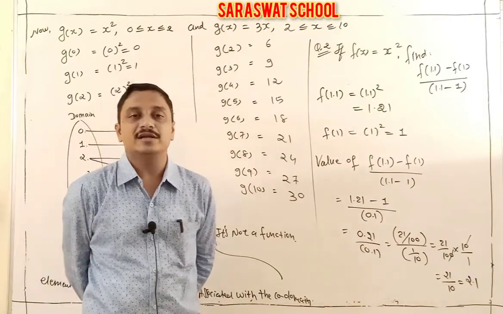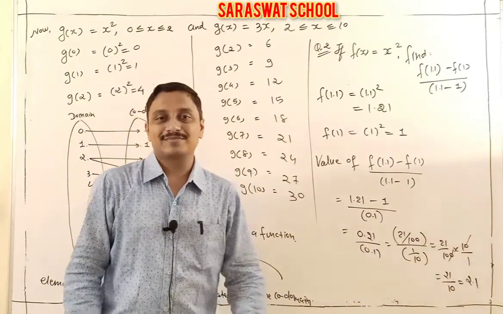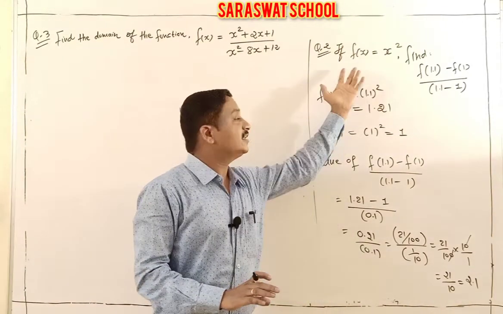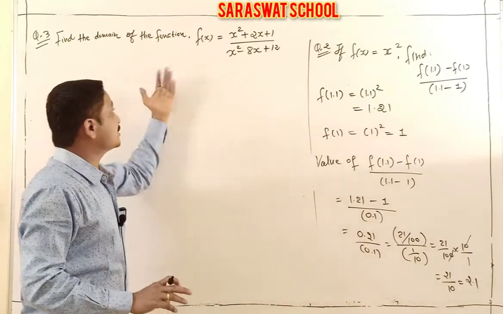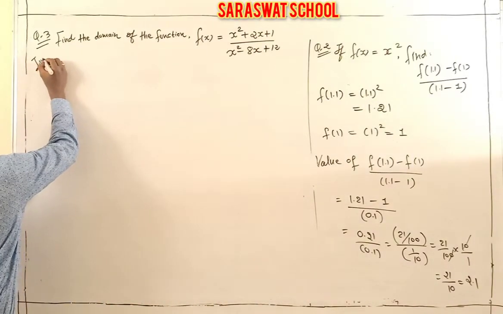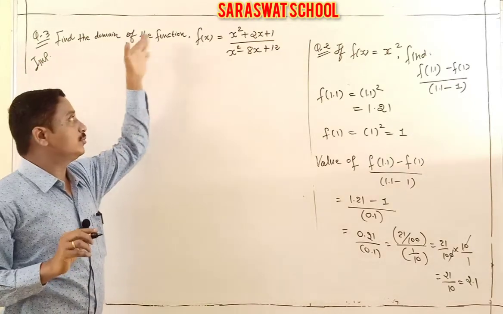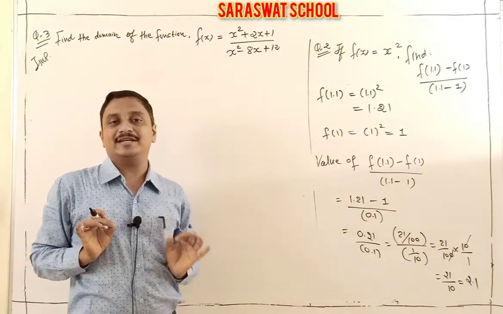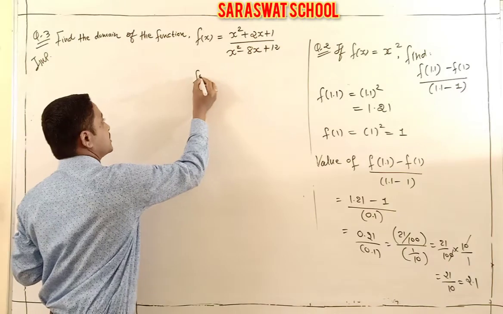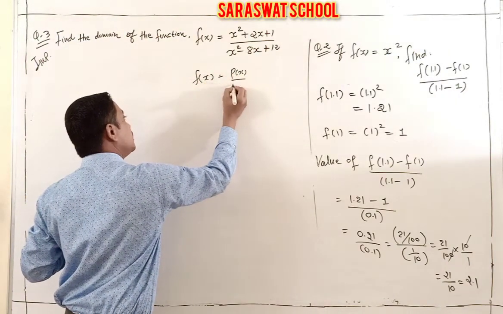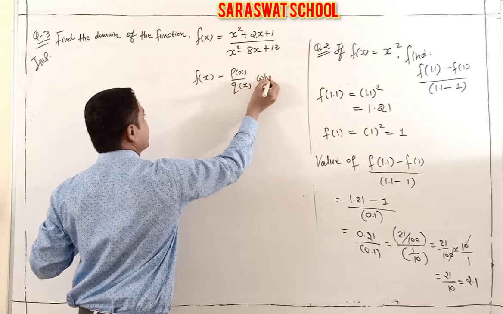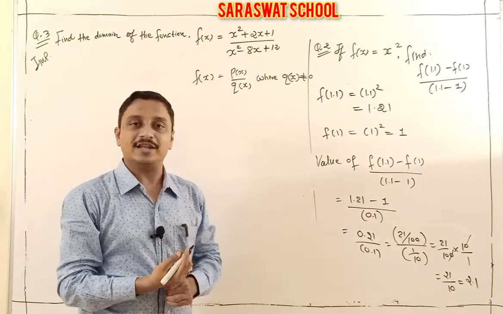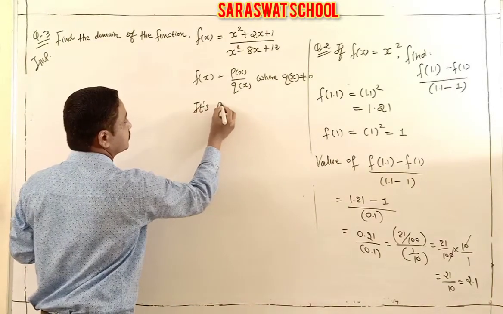This question is easily done, our 1 mark question, either 2 marks question. Yes. Now I am going to the next question. After ending this easy numerical, I am going to question number 3. This question is important for exam, students. Find the domain of the given function. Function given p(x) by q(x). Yes, it is a rational function. What is the meaning of rational function? p(x) by q(x), where necessarily q(x) is never 0. So it is a rational function.